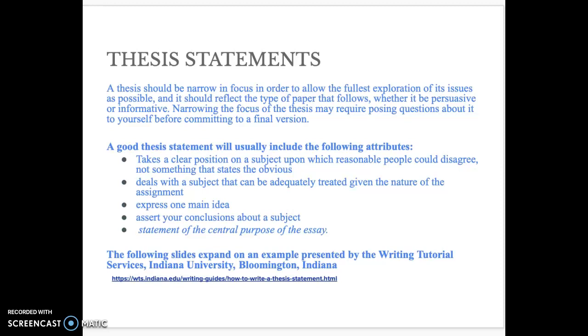The next thing is, when you construct your thesis, you need to think about whether this position that you have can be argued effectively within the scope of your essay. Even books that are much longer than your essay will usually have one main idea, right? Their thesis might not be in a statement. It might be written in a way so that it spans several sentences and perhaps several pages, but at the end of the day, it's usually saying one main thing.